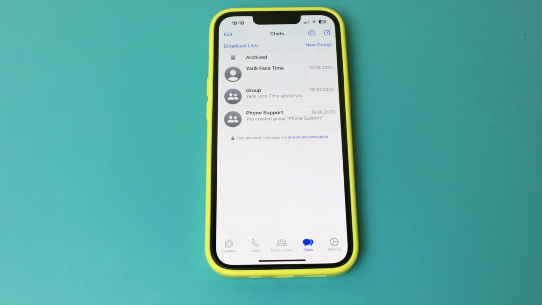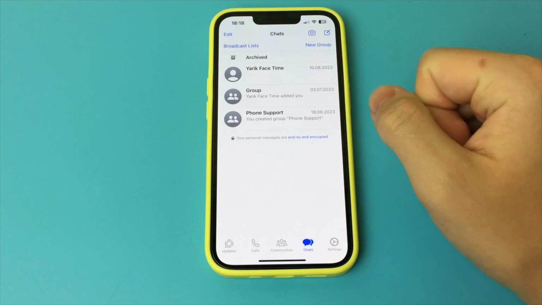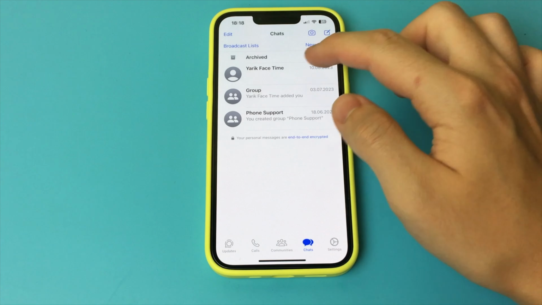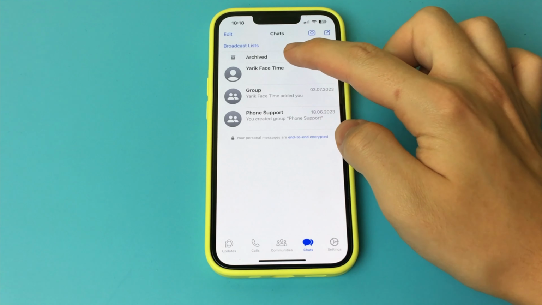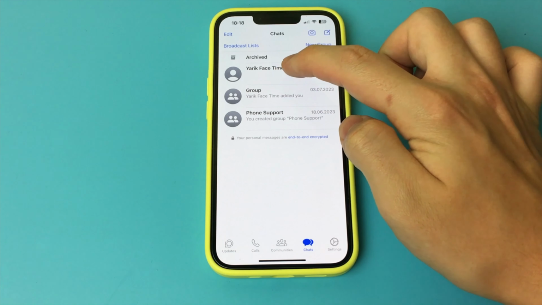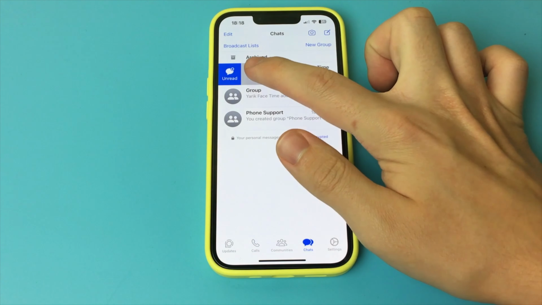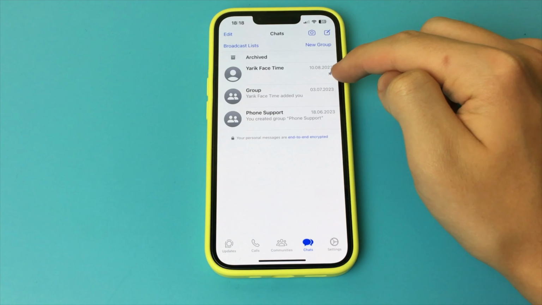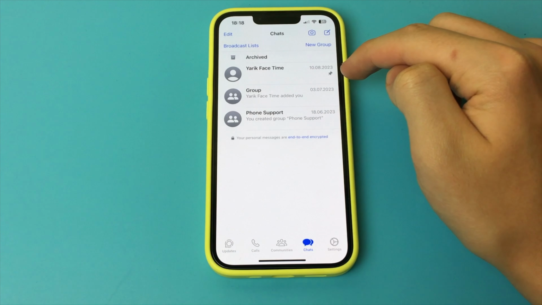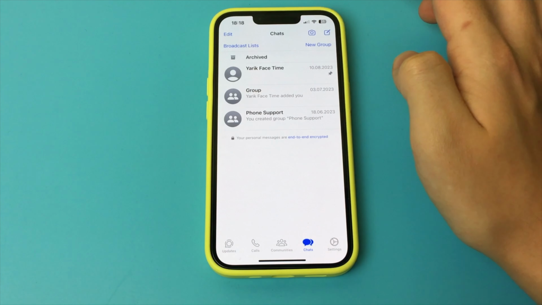To do this, you go into the app itself. For example, I open my chats, and I select this chat right here. I grab and pinch this chat, and then I swipe to the side, and this is where the button appears, Pin. I press this button. After that, our chat is pinned, and now it will be at the top of the list.